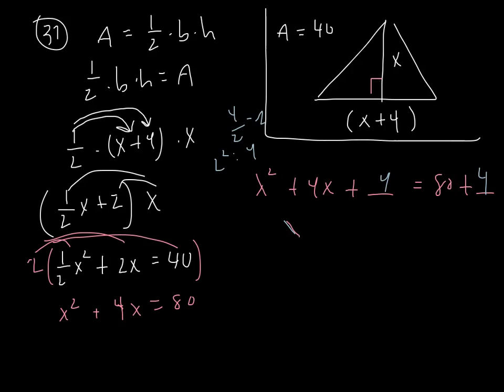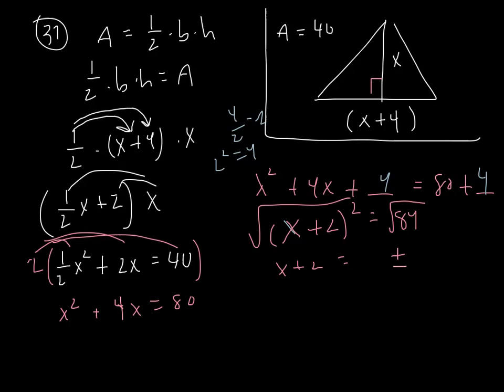Let's keep color coordinated here. I'm all over the board on colors. X plus 2 all squared equals 84. Take the square root, x plus 2 equals plus or minus